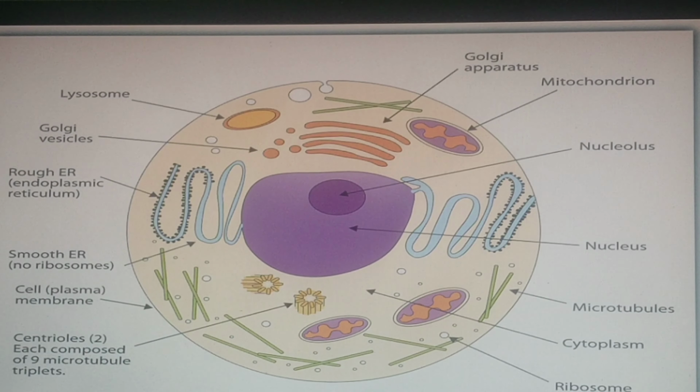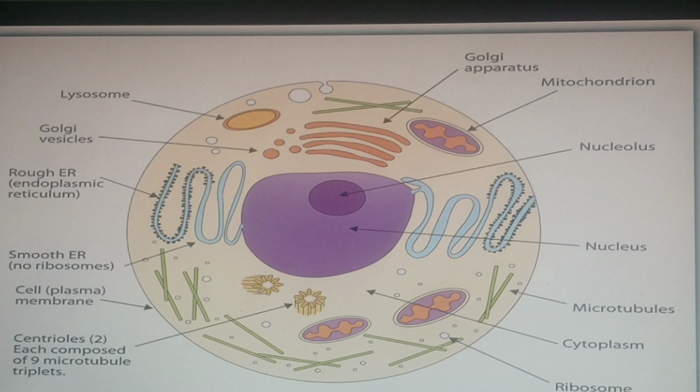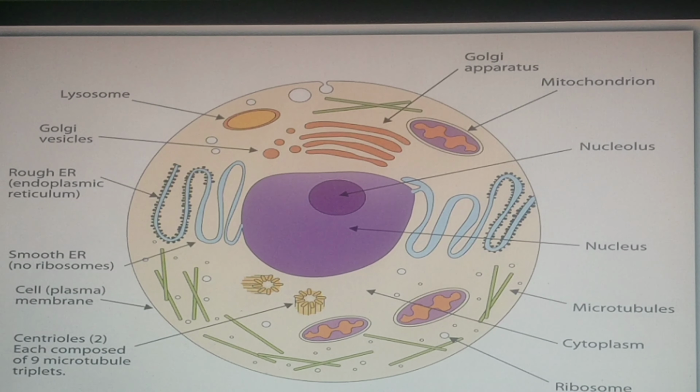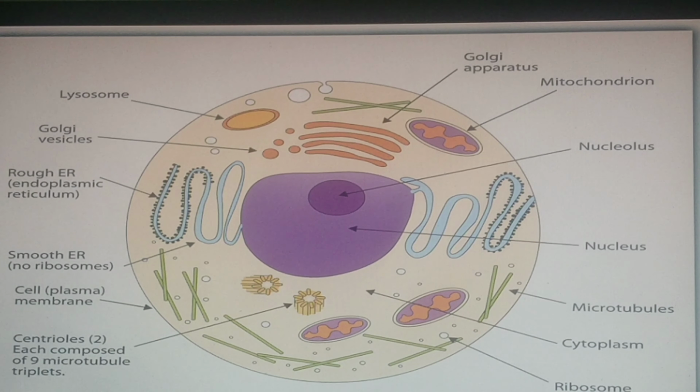Before I get into more detail, let us see the parts of the animal cell. The parts of the animal cell are the cell membrane, the nucleus and the cytoplasm. There are more parts, but these are the basic parts, which is enough for us to understand. So, now let's see the characteristics of these parts. Let's start with the nucleus. The nucleus contains a cell's DNA, its genetic material, and